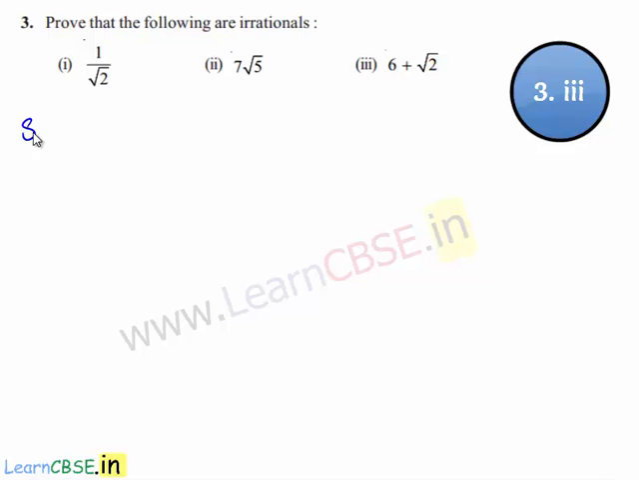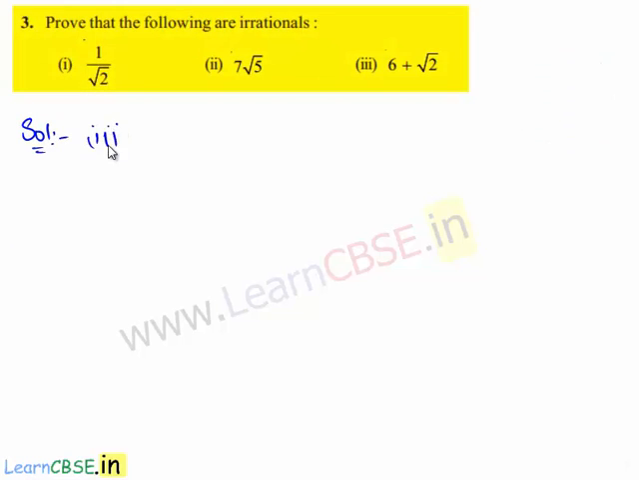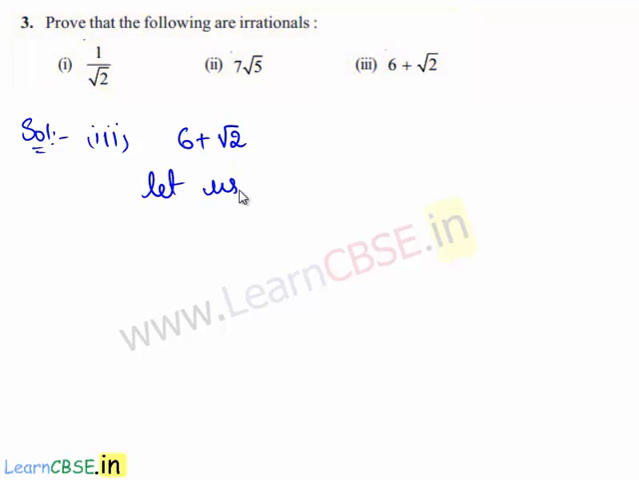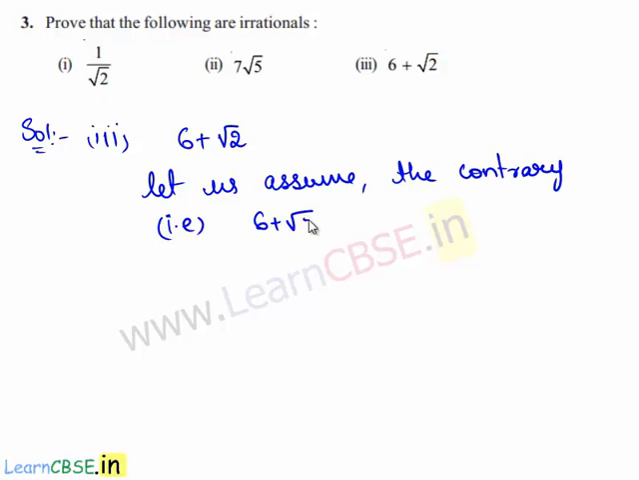Now let us move on to the solution for the third bit. In the third bit, we need to prove that 6 plus root 2 is an irrational number. To prove this, let us assume the contrary, that is,